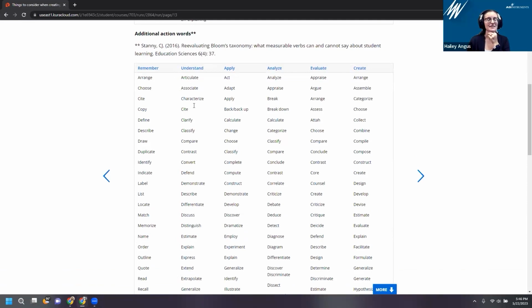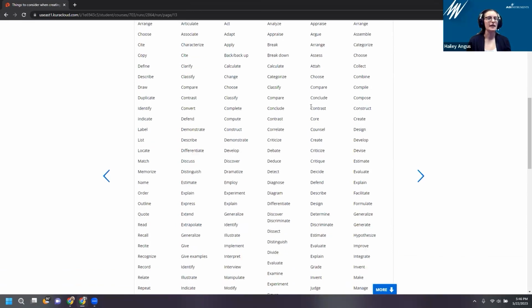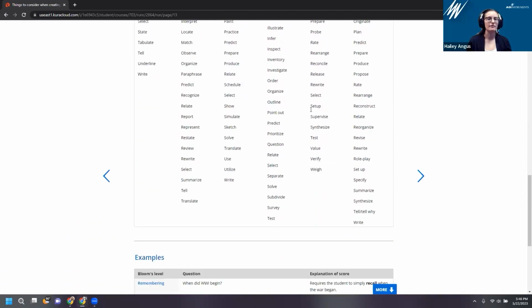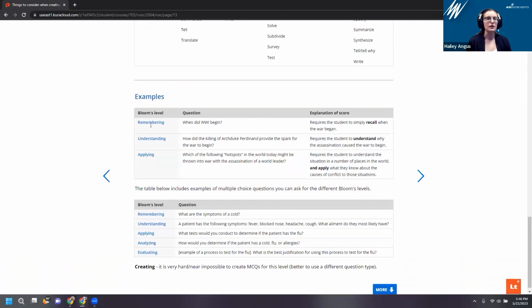But just having these lists of verbs and knowing where they sit in Bloom's, I love having this list. And again, you'll have access to this for a whole month. But this is just showing you an example of, okay, what is a remembering question? If I'm asking these types of questions to my students, really what level am I expecting them to understand the